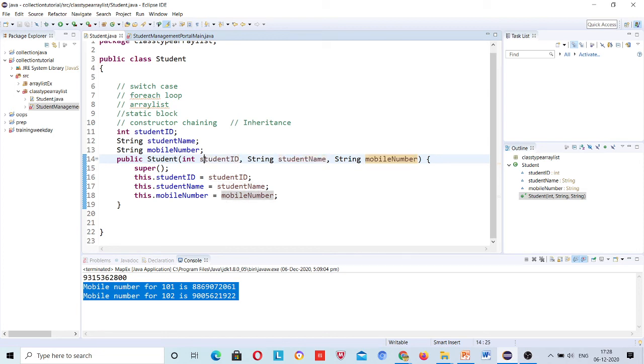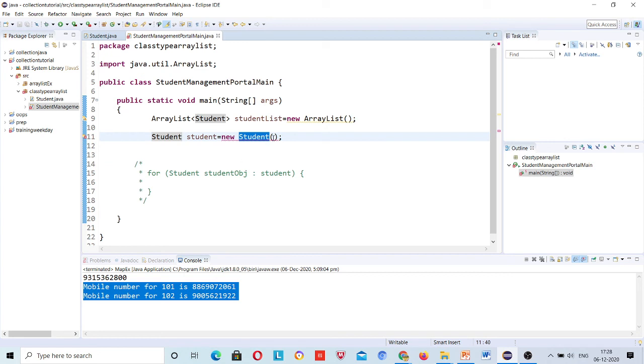So I have to give the first parameter, student ID, which is of type integer, then student name and mobile number. Here I will add student roll number 101, name is of type String, Vandan, and mobile number.